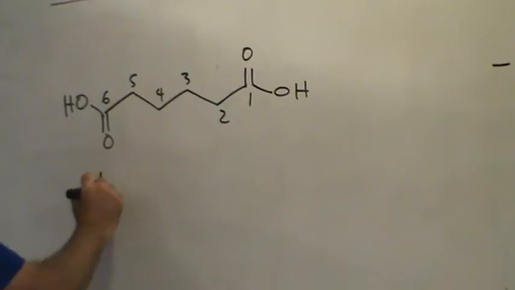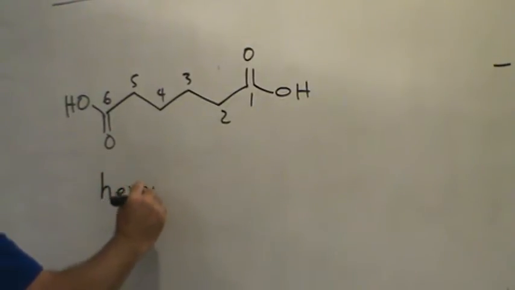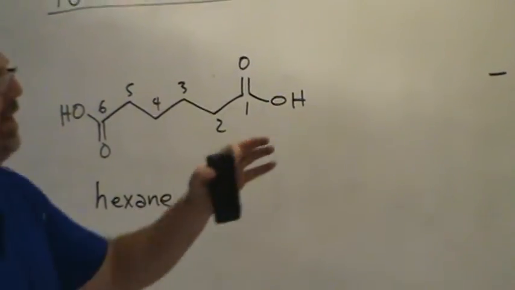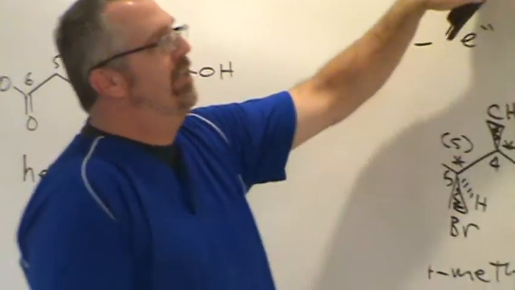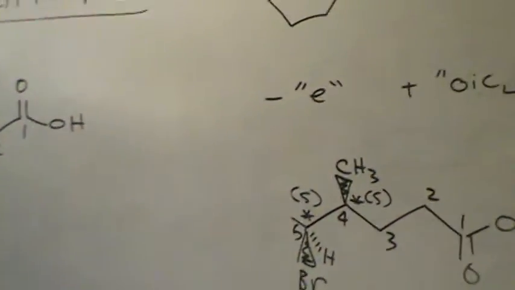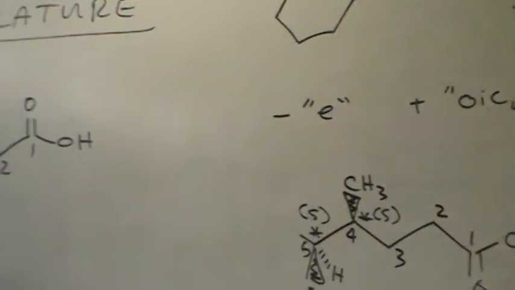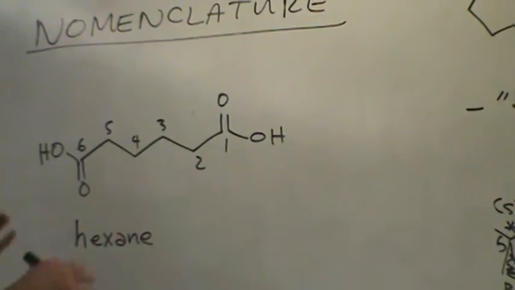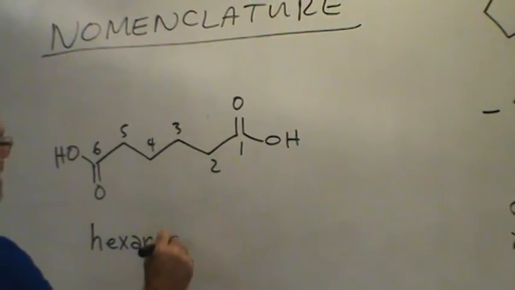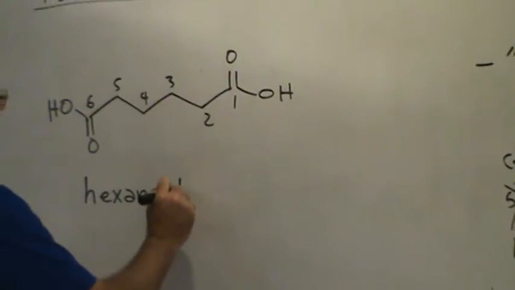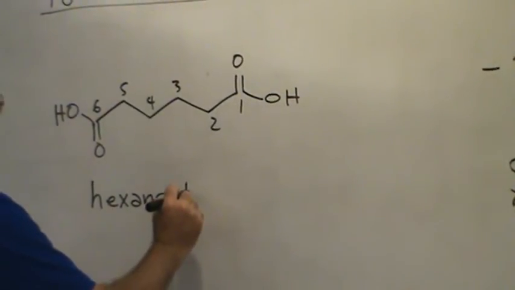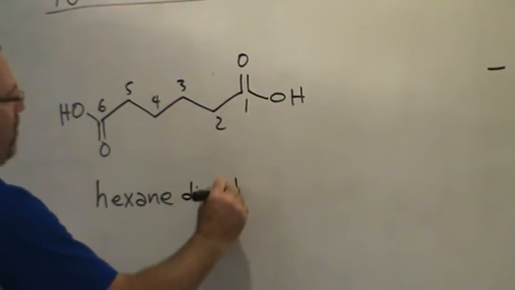And in this particular case, the way you would name it is to revert to this alternative naming mechanism that we used for the cyclohexane carboxylic acid. We would just call it a hexane, but rather than a hexane carboxylic acid, since there's two of them, hexane dicarboxylic acid,